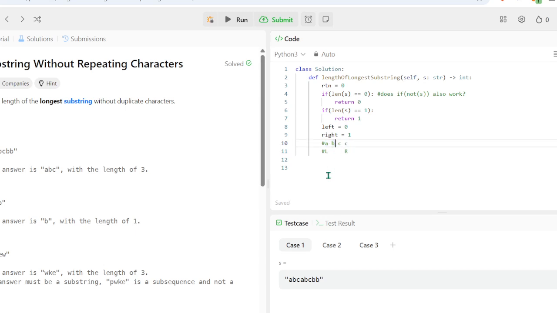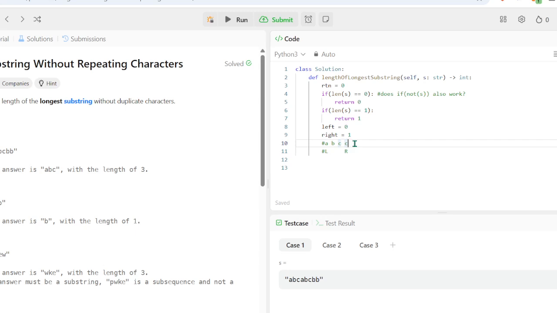This sequence has duplicates. So I think we need to keep track of whether we hit a duplicate or not.